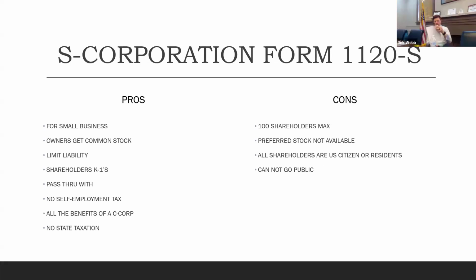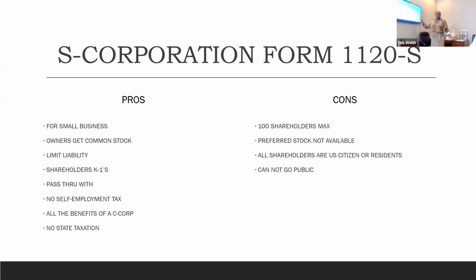So the S-Corp formation uses the 1120-S form. You have to tell the IRS that even though you're setting it up as an LLC, you want to be an S-Corp, or even though you're setting it up as an Inc. or limited company at the end, whatever ending you put on it, you have to fill out a separate application to tell them I'm an LLC, name stays the same, but I want to be taxed as an S-Corp.